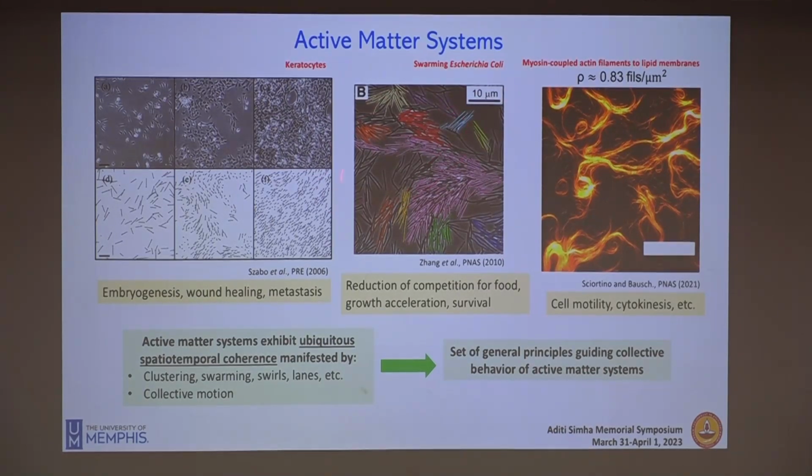We can also observe collective behavior in bacteria, which is used for many purposes, such as reduction in competition for food, helping them grow faster, and also to survive under difficult